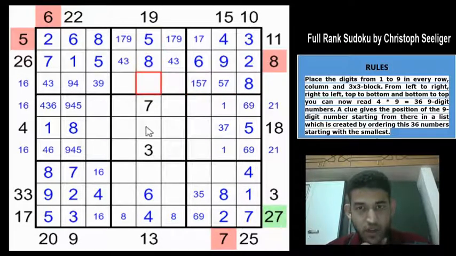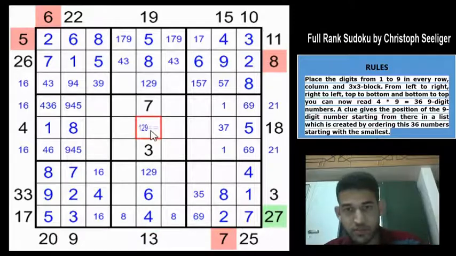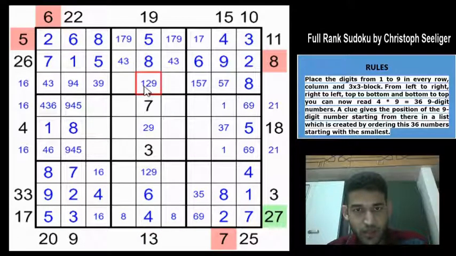And let us look at column 5 because it has 6 filled in digits. So these 3 cells must be 1, 2 and 9, right? The rest are all filled. 5, 7, 8, 3, 4, 6. So 1 is here, so this must be a 2 or a 9. And 1 must be in one of these two cells. But 9 cannot be here because of 9 here.